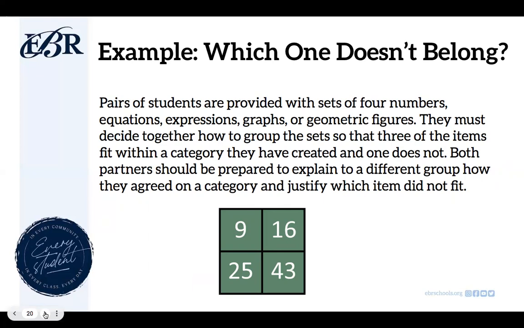They must decide together how to group the sets so that 3 of the items fit within a category they have created and 1 does not. Both partners should be prepared to explain to a different group how they agreed on a category and justify which item did not fit. I know sometimes I've used which one doesn't belong as an opening task,